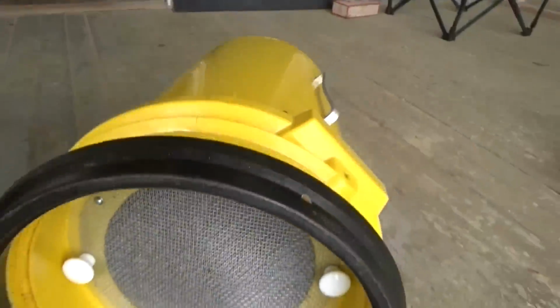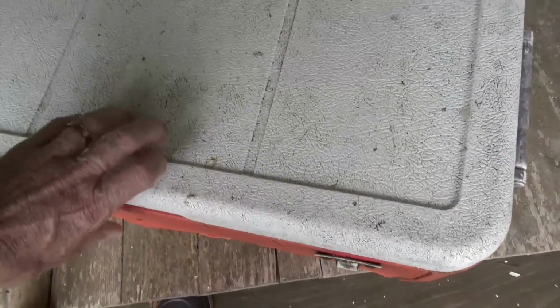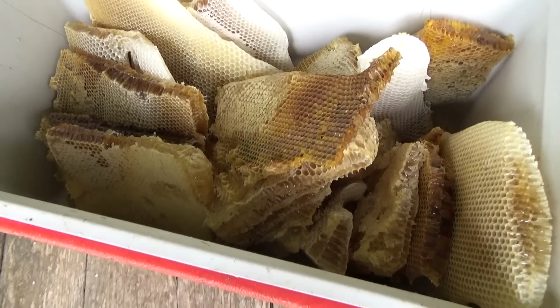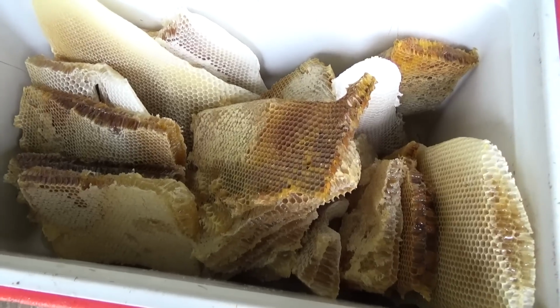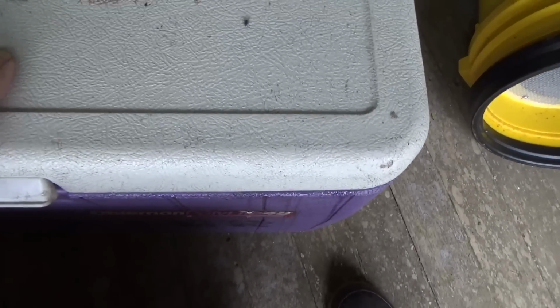We got all of our bees. You can hear them. Can't see them too good. That is a lot of bees in here. A lot of bees. 20,000 easy. And then this box right here is all honey. And I'm going to try to get maybe 1 or 2 frames of honey out of there that is thin enough. Other than that, Phil's going to get to squeeze all that to give back to the bees, and for himself as well. And in our last box,